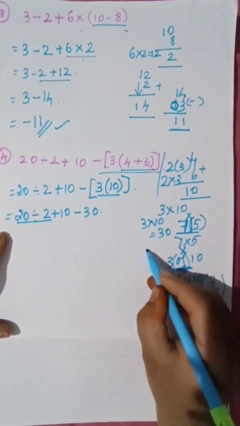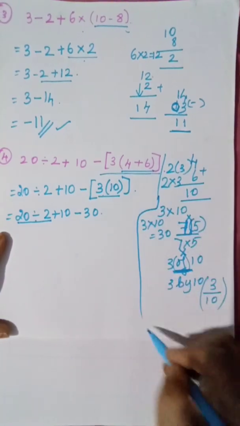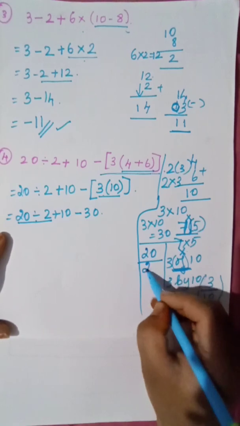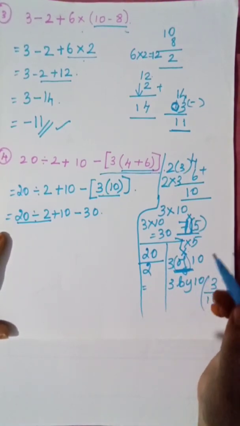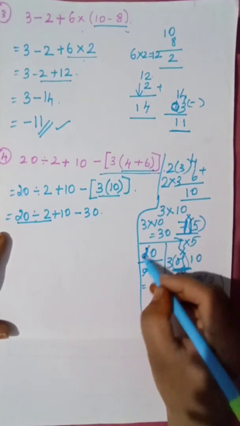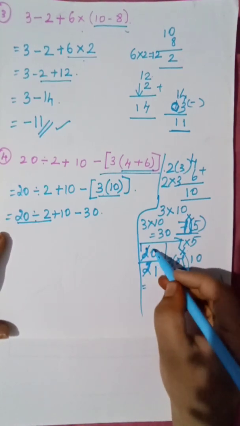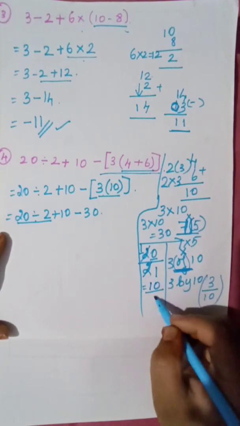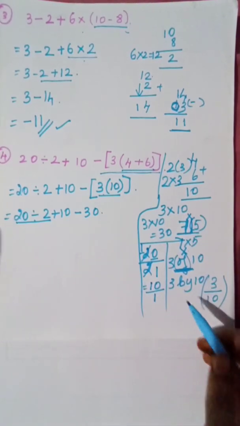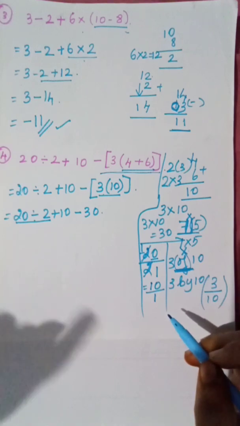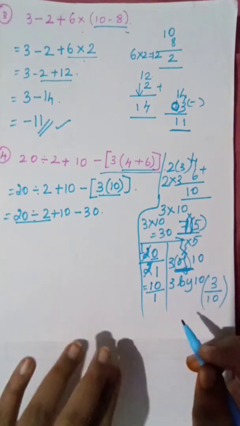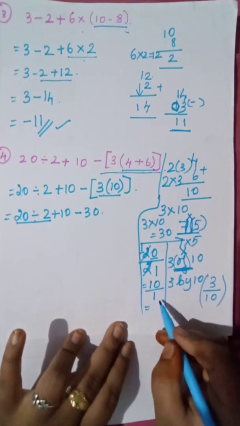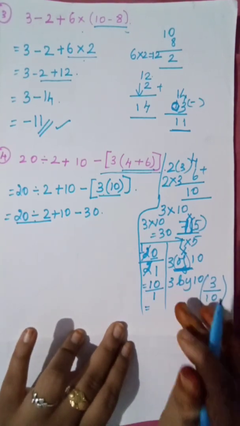So 20 divided by 2. How will you write it? 20 divided by 2. So 2 ones are 2. Here 1. So what will be the remaining here? 1. 0 means what? 10 base 1. So here, the numerator, I already told you, in the denominator if you have 1 you can just leave it and you can write the numerator alone.